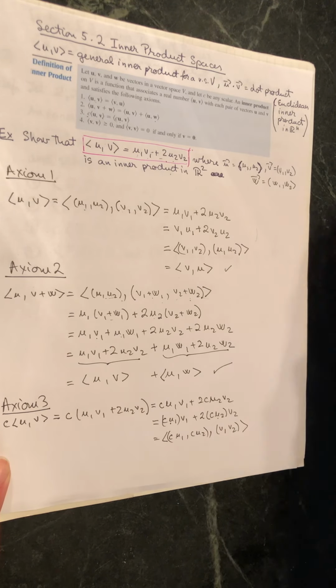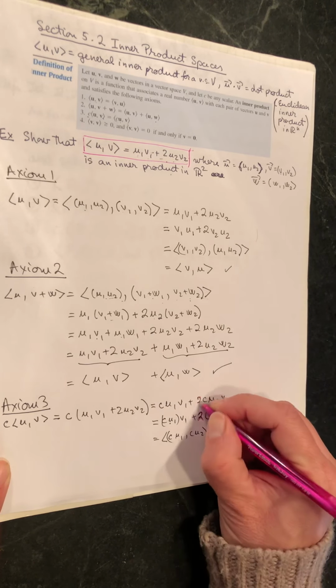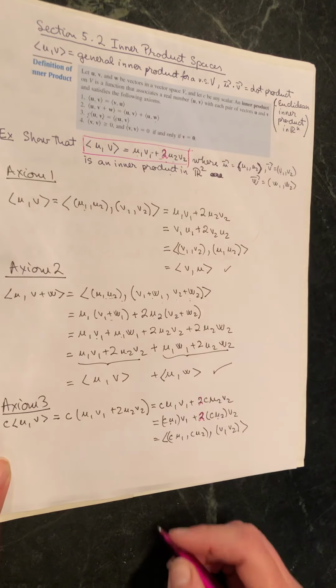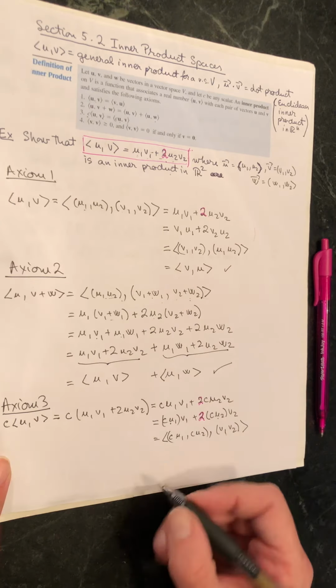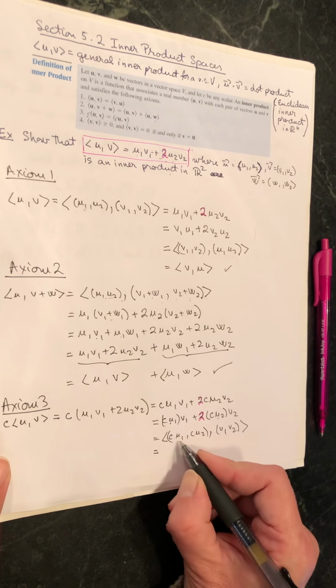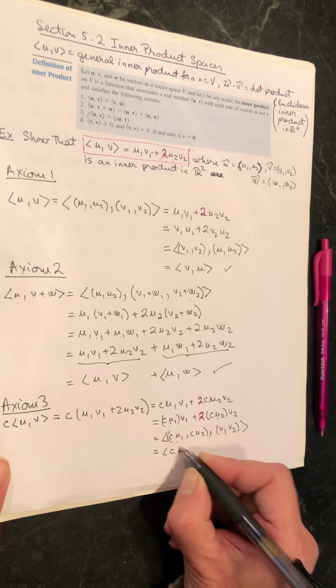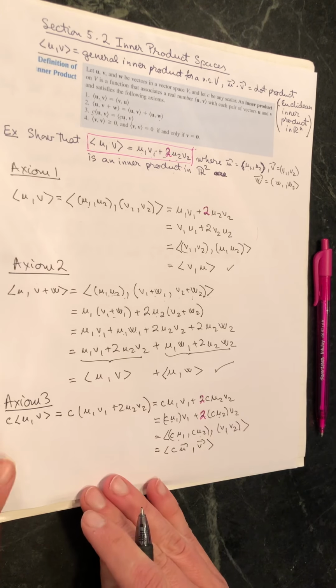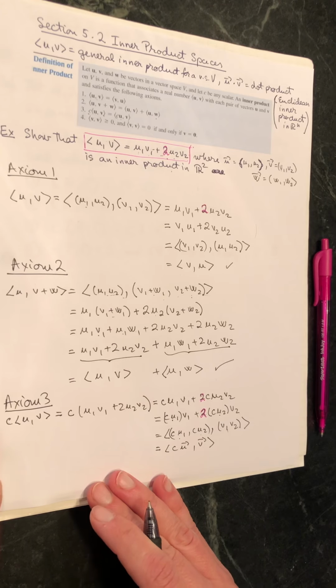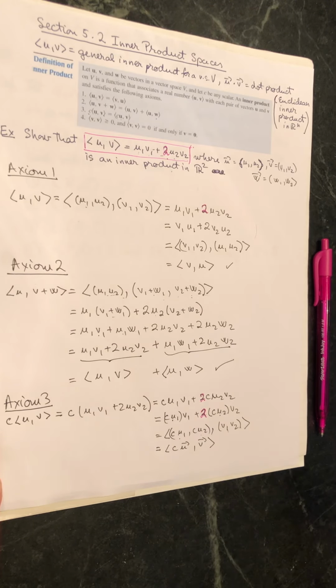This 2 is part of the way that I defined the inner product there, so that 2 was part of my definition. So this is cu in product with v. Now, for axiom 4,